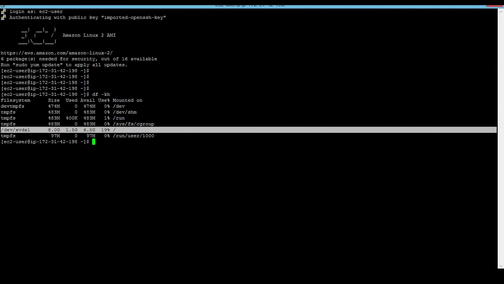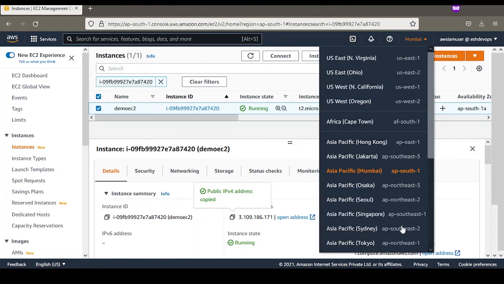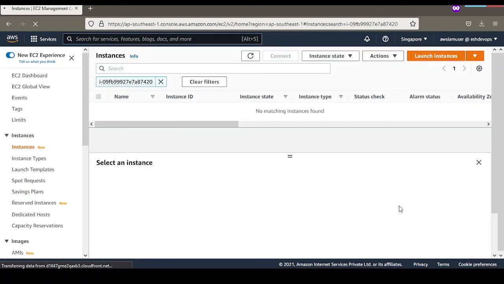One important thing, guys: once you create this EC2 instance, and now I go again to my dashboard and change the region. Suppose I select Singapore. Why am I showing this? So you will understand why I am saying to focus on your region before deploying any EC2 instance.